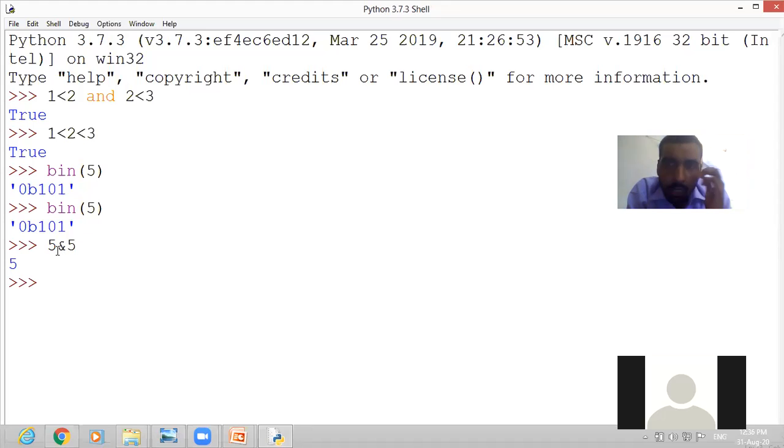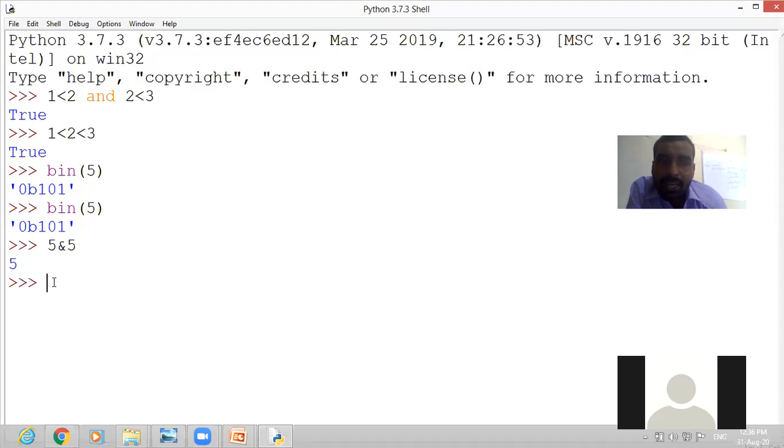Now kindly think about it. How did you get the result 5? Because the bitwise AND operator compares each binary digit, and if all the binary digits are the same, then the first operand is given as the result. That is, 1 is given as the result. And if any of the binary digits gives the answer 0 or false, then the second operand is returned.